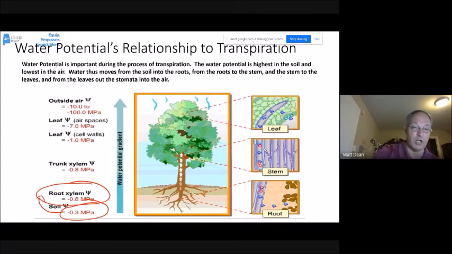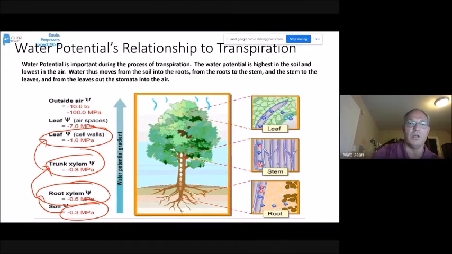Well, up in the trunk, the water tubes, the xylem, have even a lower water potential. So water moves from the root xylem into the trunk xylem. Up in the leaves, the water potential is even lower. So water moves from the trunk xylem into the leaves. In the air spaces of the leaves, it's even lower. So water moves from the cell walls of the leaves